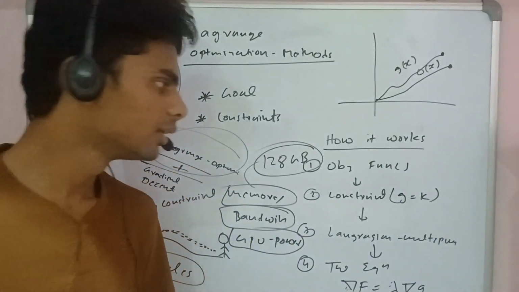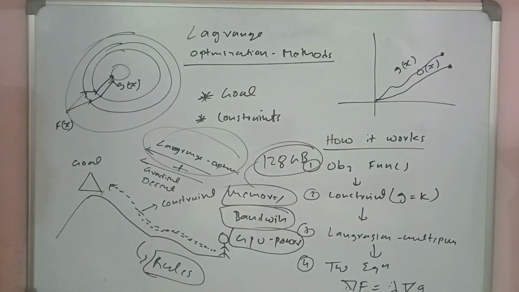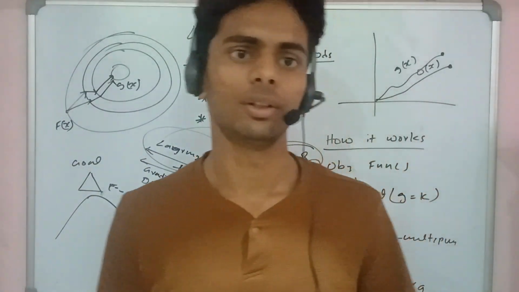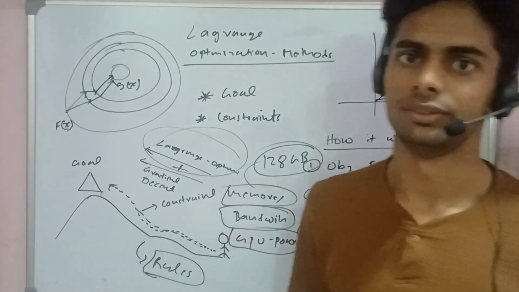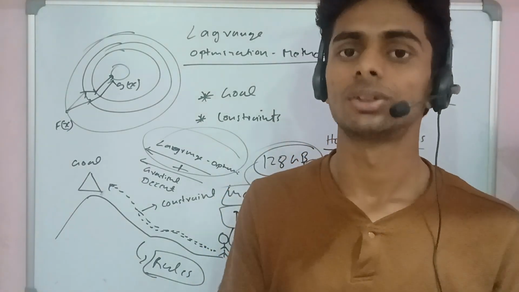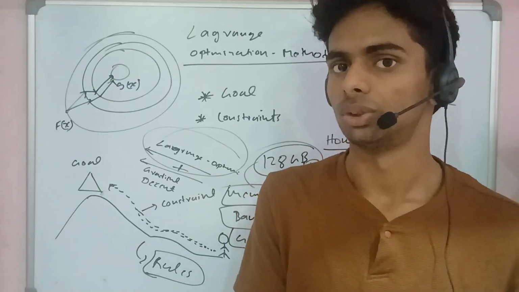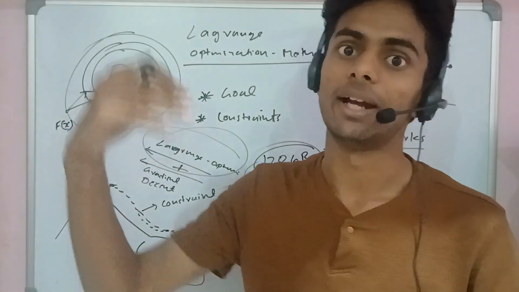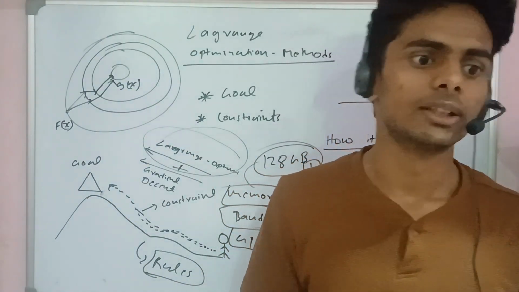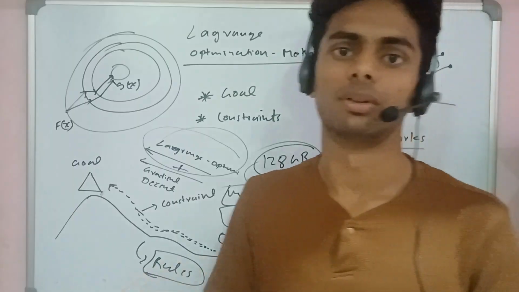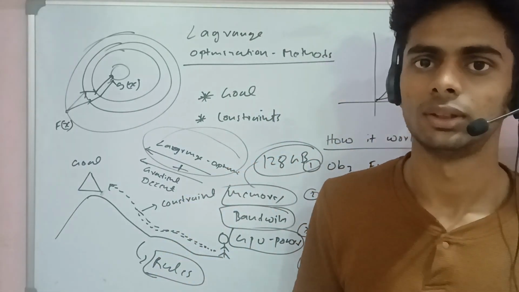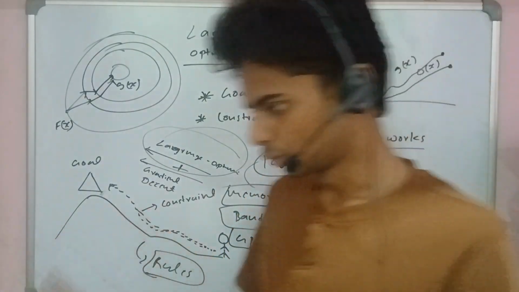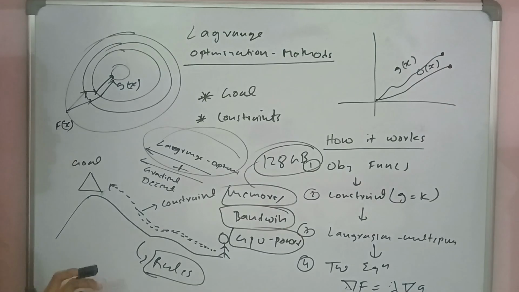Lagrange. Okay, actually, let me discuss. There is a goal and constraints. You are moving toward the goal, but looking toward a constraint. Let's suppose you want to crack an examination. It's fine, just move ahead, but follow the rules. What is the proper attitude needed to achieve that milestone? Let's suppose you need books and you need a teacher, you have some personal needs. Just follow the right way to do that particular thing. That's the basic thing. So we can say the goal and constraint actually define the Lagrange